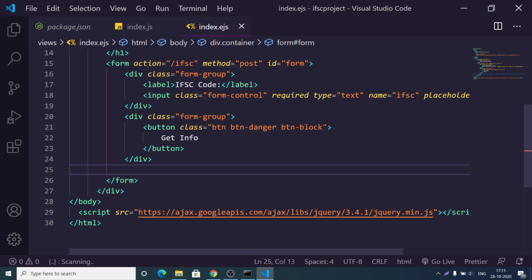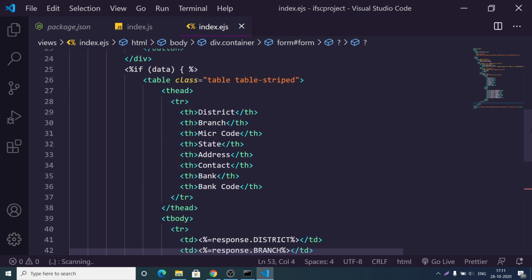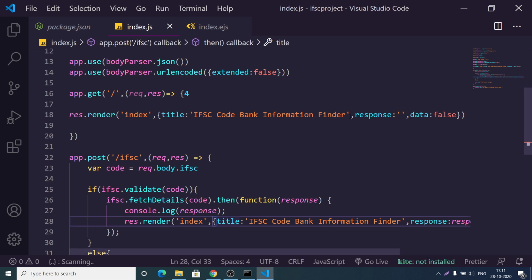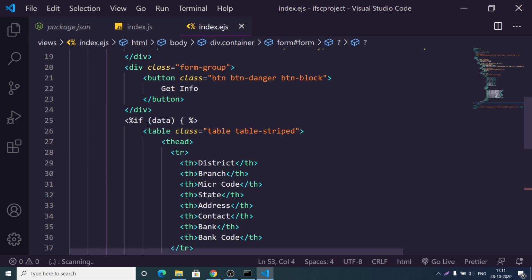Now go to index.ejs. EJS, as a template engine, has an if condition. I will just copy paste the code here. You will see we have an if condition here. We are checking the value of this data variable that we are sending here. Either this will be true or false depending upon this value. If the data is true, then we will be